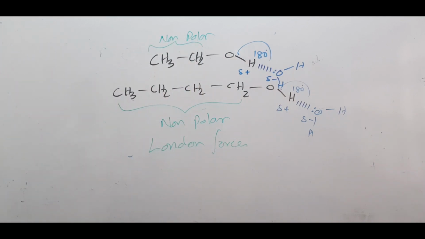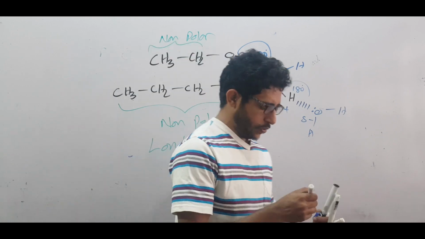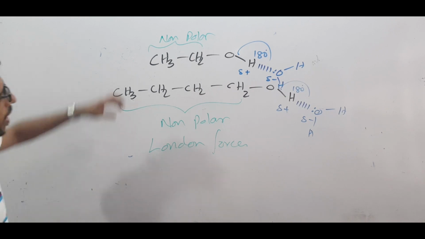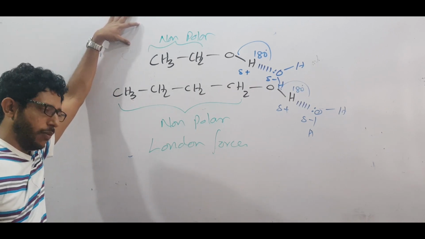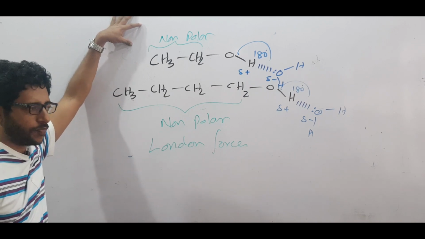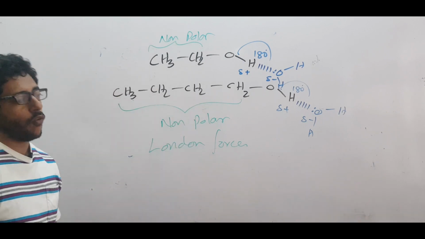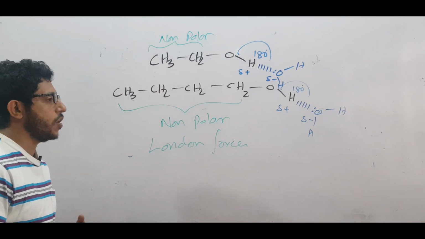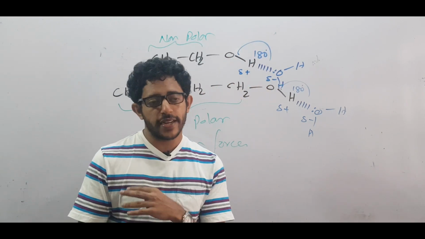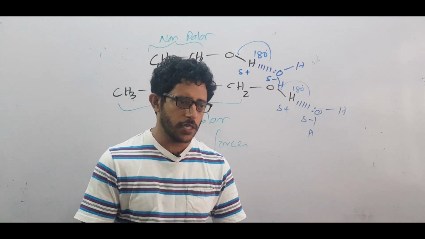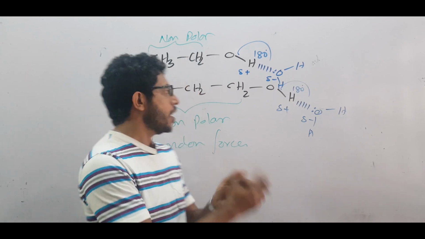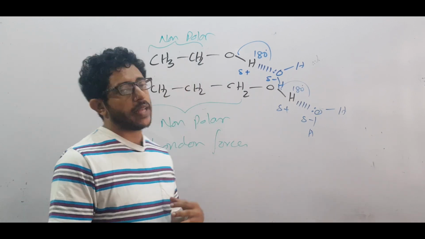Now the polar part, the OH group, can form favorable attractions with water, so that part tends to dissolve and mix with water. But the nonpolar part doesn't have hydrogen bonding and only has London forces. The London forces are not going to form favorable attractions with water. But if the hydrogen bonding in water is strong enough to break the London forces, it tends to dissolve. When you talk about ethanol, the London forces strength is less because it has fewer electrons. So hydrogen bonding in water tends to break the London forces of the CH3CH2 group,